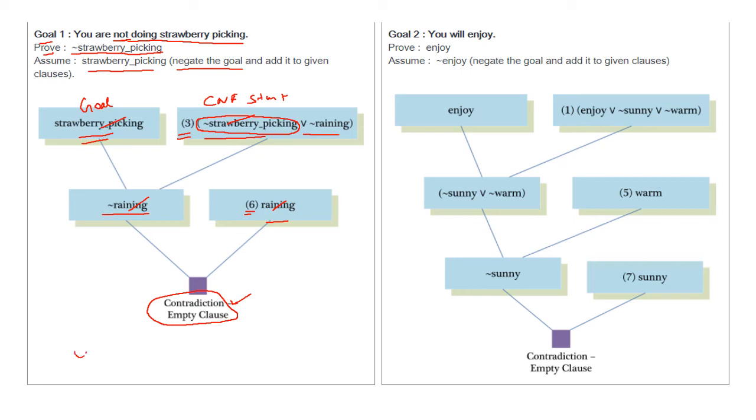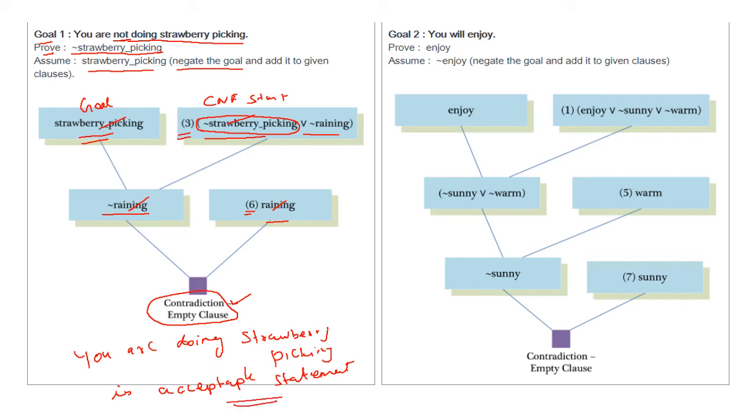You are not doing strawberry picking. This is an acceptable statement.